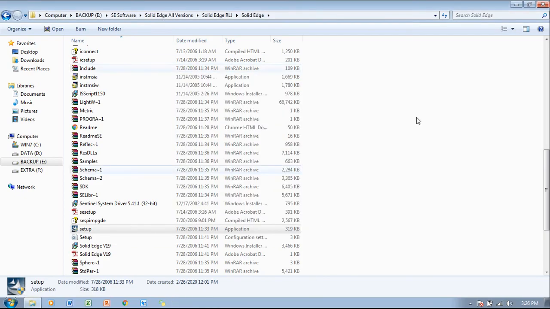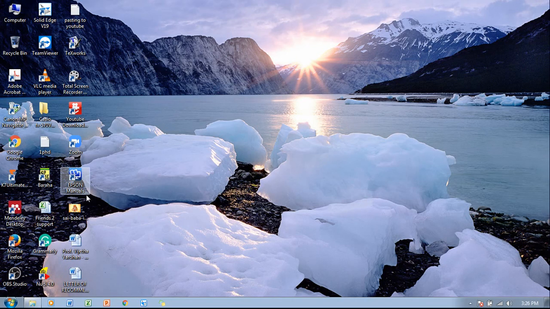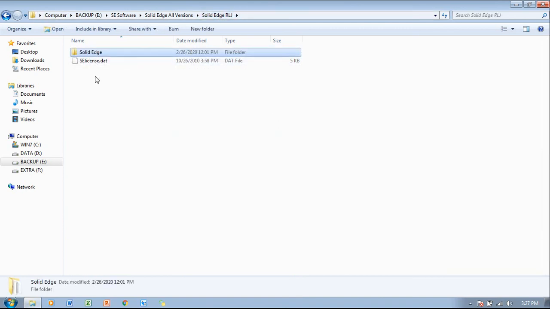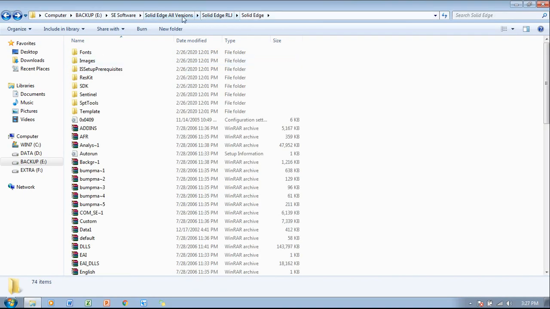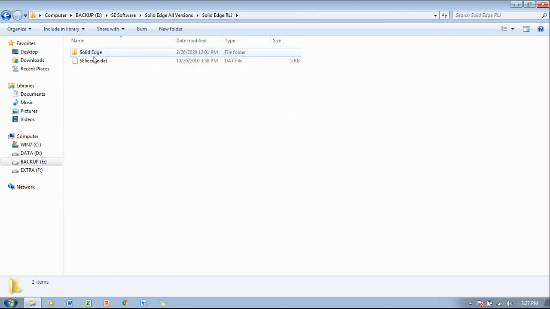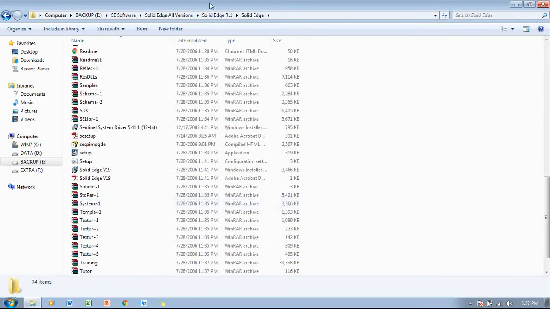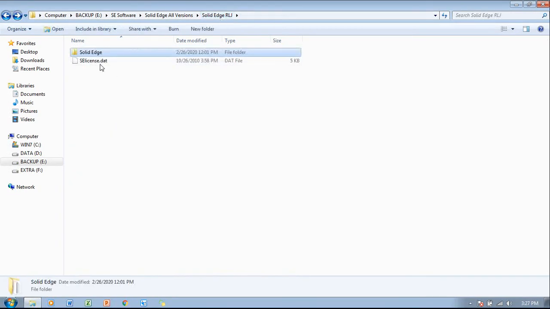Then after this, once you find the shortcut of Solid Edge like this, you will be finding your Solid Edge desktop icon properly. Then what you have to do, let me show you. Now come back to this folder. Now you can see in the unrar file, after unrarring it, you will find the Solid Edge. There you find the Solid Edge setup file from here. Just come back and you will find